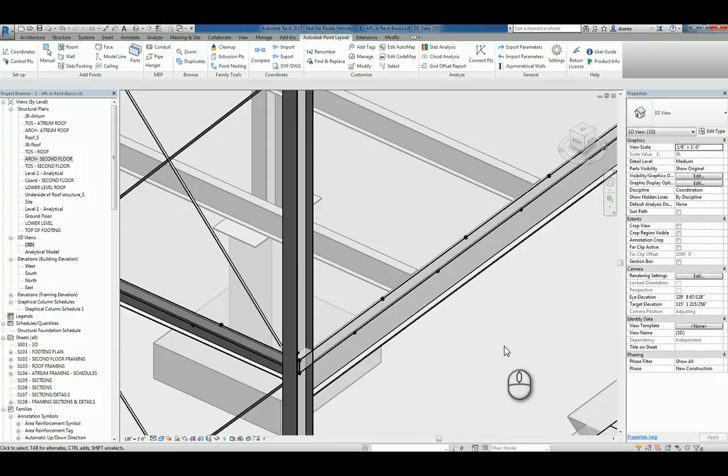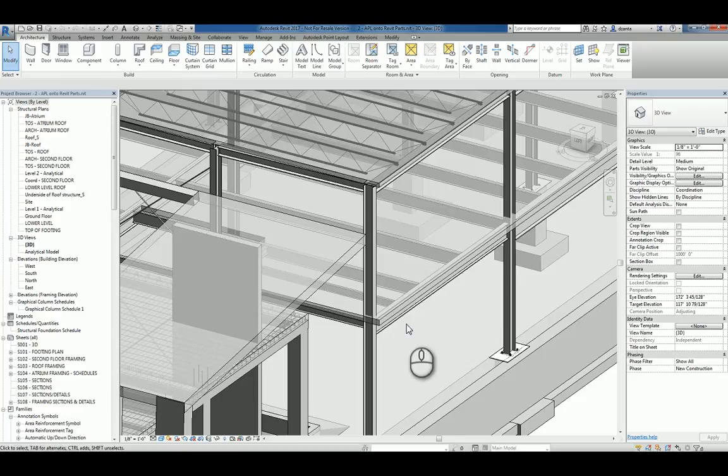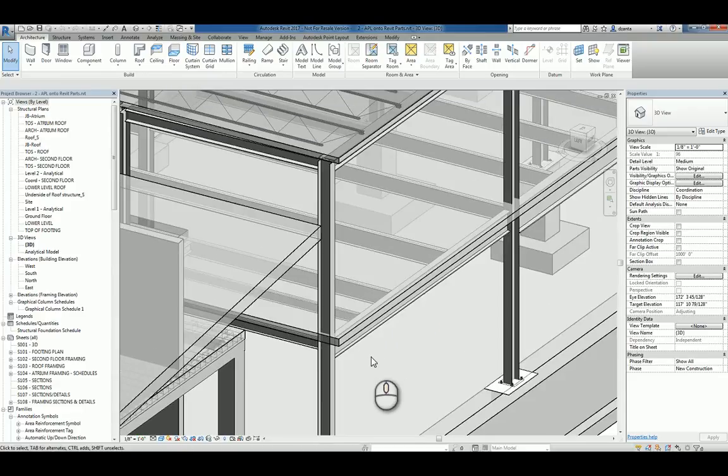Now let's go ahead and take a look at the first new feature of Autodesk Point Layout, which is being able to place those points on parts. So here we are in that file again. This time I've gone ahead and removed all the points. And again, let's take a look at this